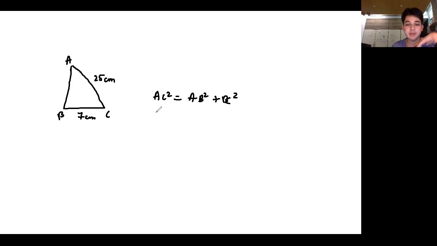So then you would substitute the values, and you would get 25 squared is equal to AB squared plus 7 squared. And so AB squared would be equal to, just simply transposing this on the other side, 25 squared minus 7 squared, which would become